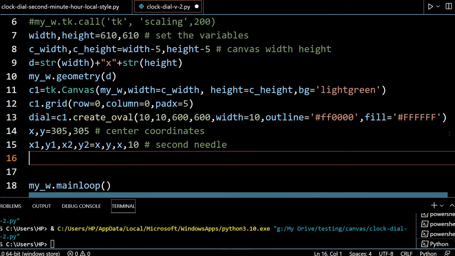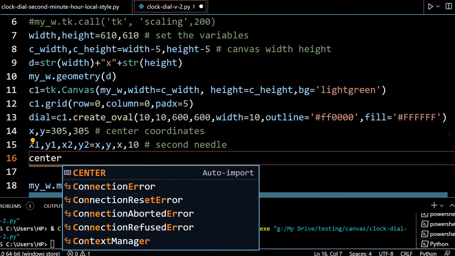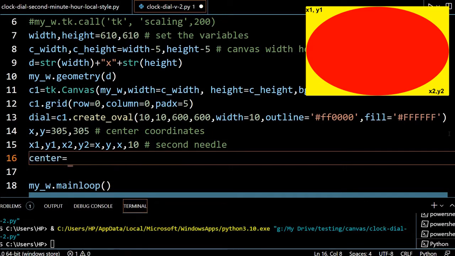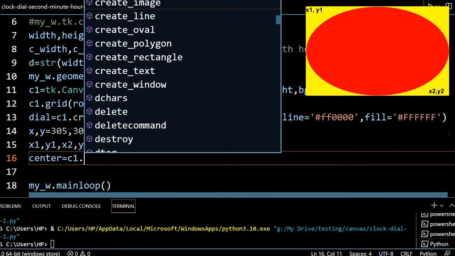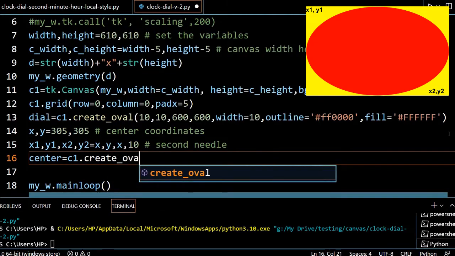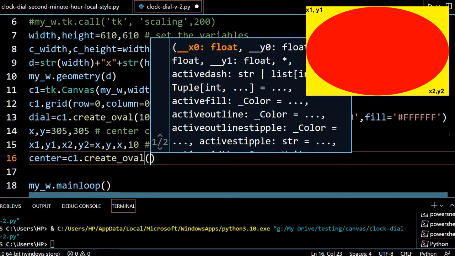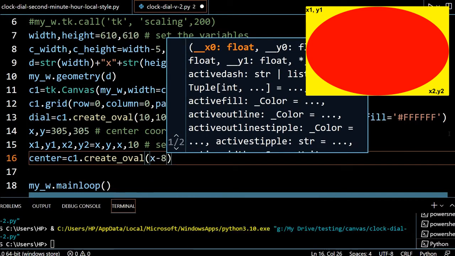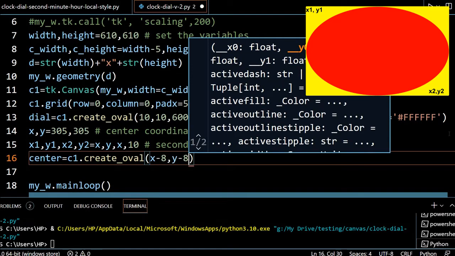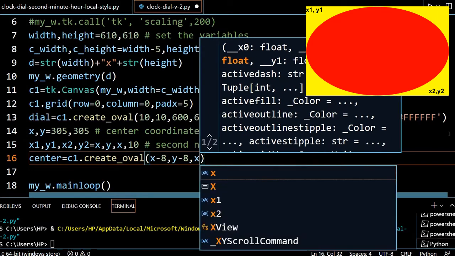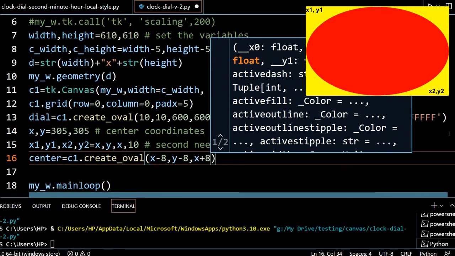Okay, now the center circle, center equal to C1 dot create oval, x minus 8, x is my center point, so 305, so x minus 8, now y minus 8, and x plus 8, because around 8 thickness I am creating a circle at the center point.